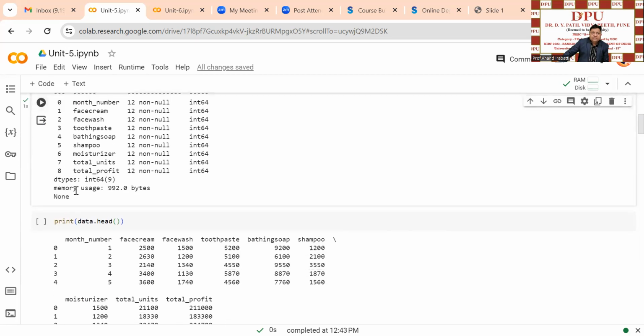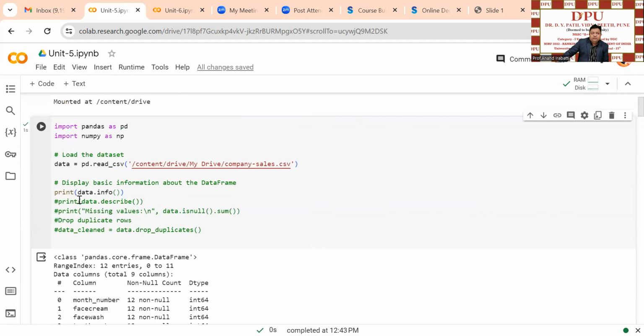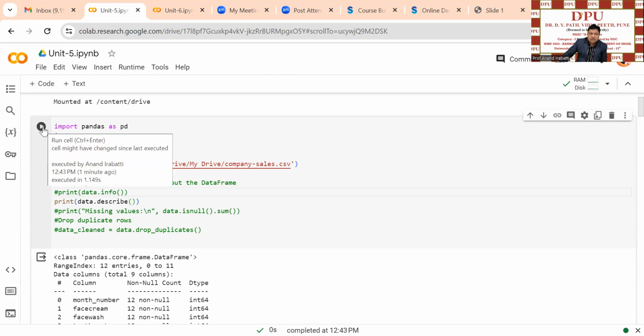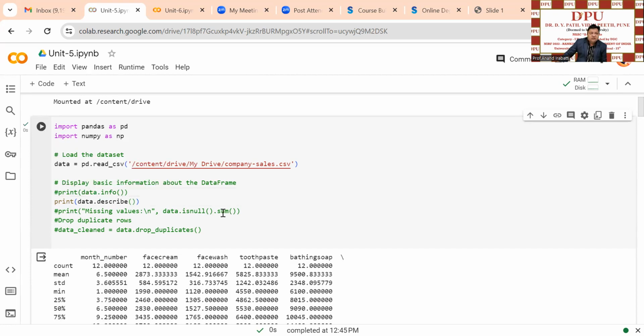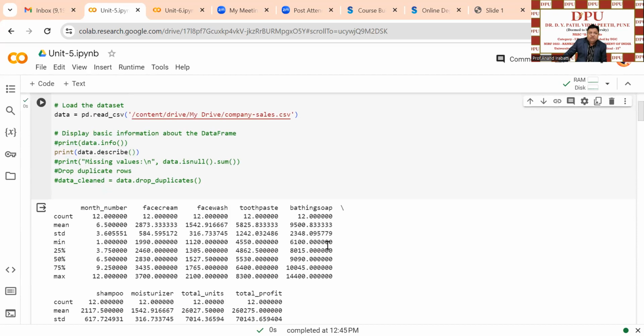So all these things can be displayed with the help of the data.info function. After that, if I want to describe the data, I will comment this. If I want to find out the statistical information about the data, then you need to call data.describe. So when I execute this function, that is data.describe on my data set, now we can see the information